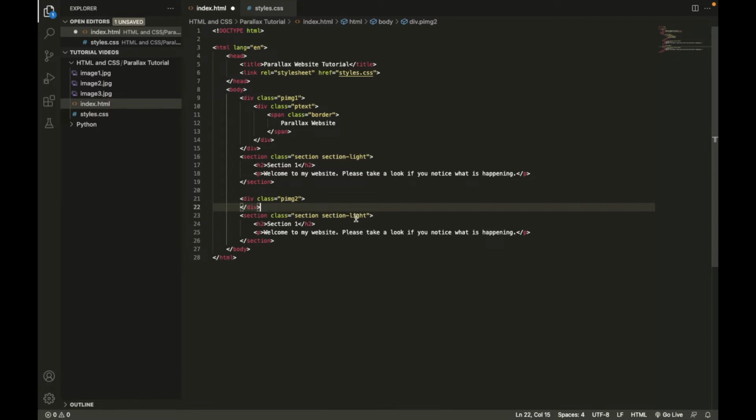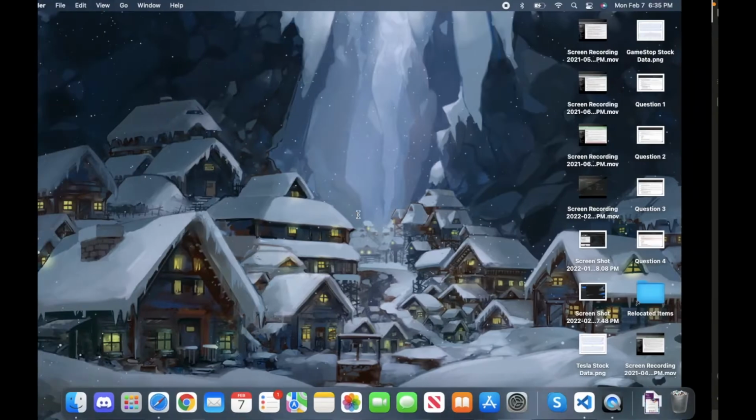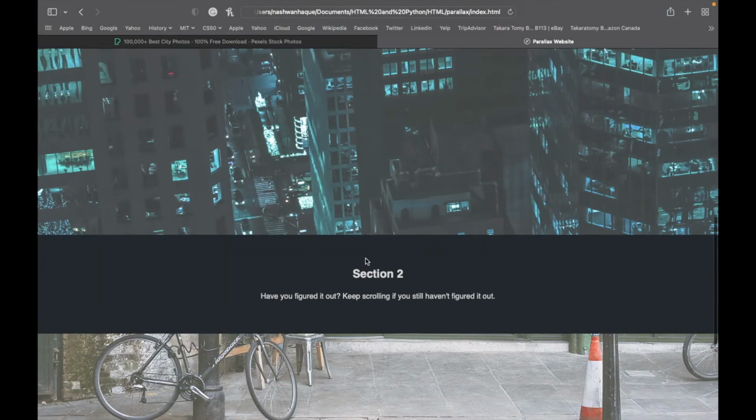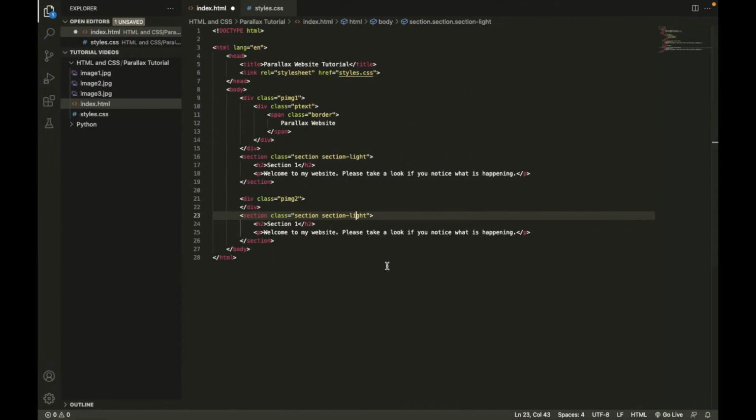Because I want the next section to be a dark section, as you can see right here, it's just a black, or close to black, background. I'm going to leave section there, but instead of section light, I'm going to change that light to dark. And then in the H2, it's going to say section 2. Then in the paragraph